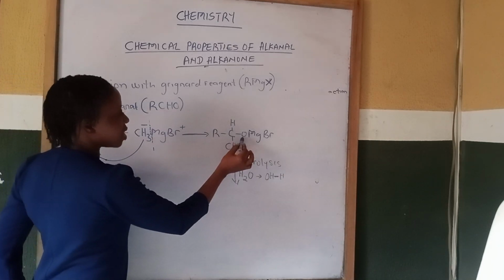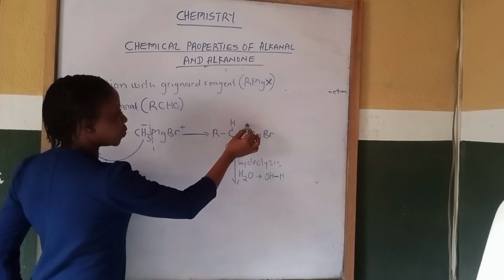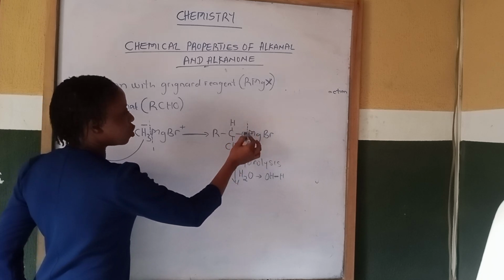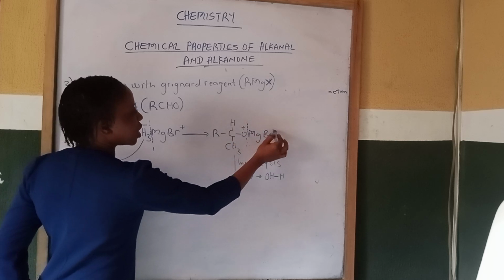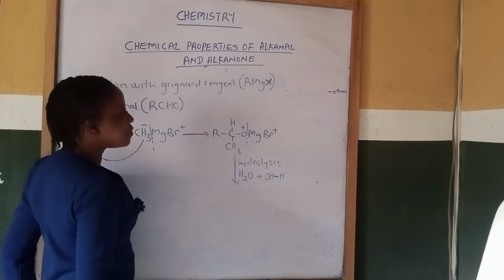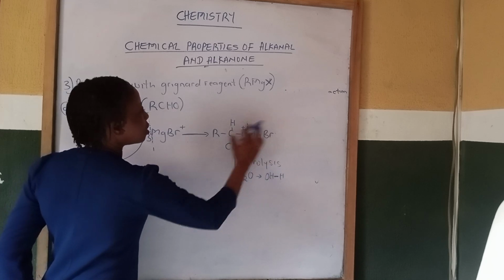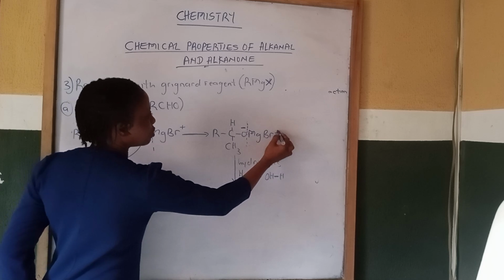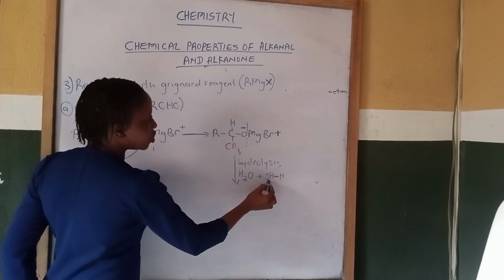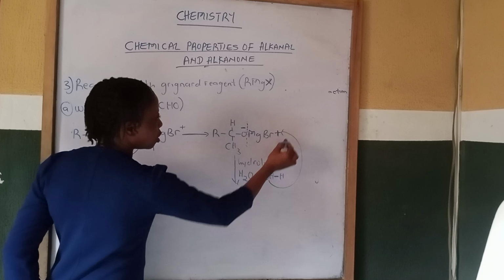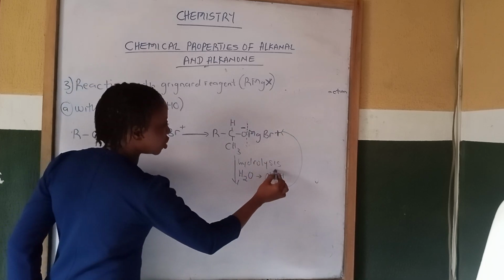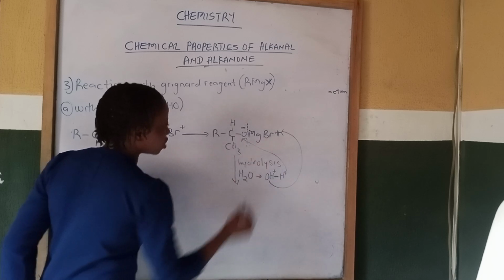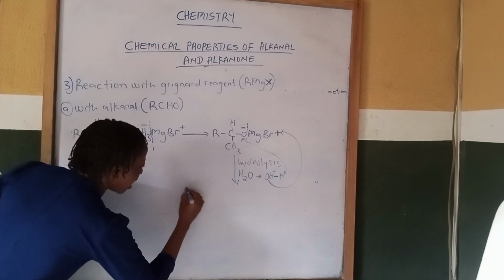So our product here, we split into O and MgBr. So this O is positive, then MgBr is negative. So therefore, O is negative, oxygen is negative, then MgBr is positive. So the hydroxy ion we combine with what? With positive, because the hydroxy ion is negative, while hydrogen, which is positive, will combine with oxygen. So our product will now be RC,